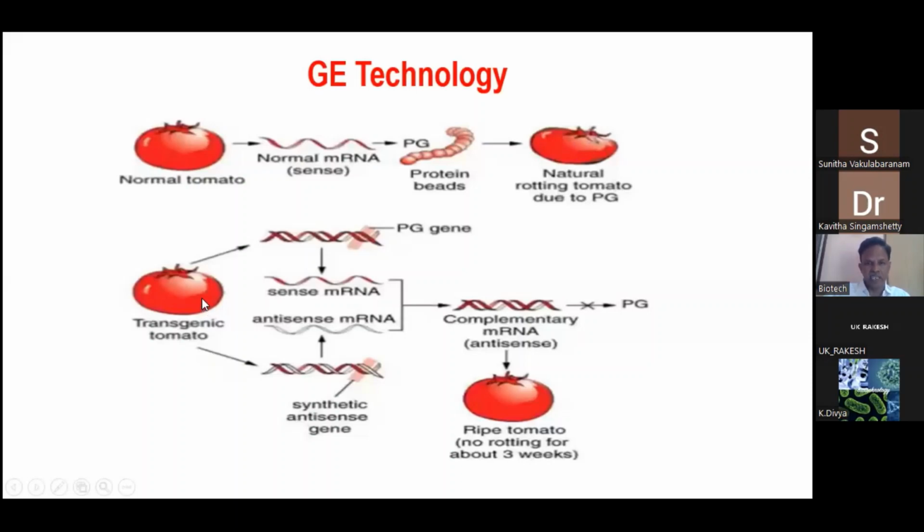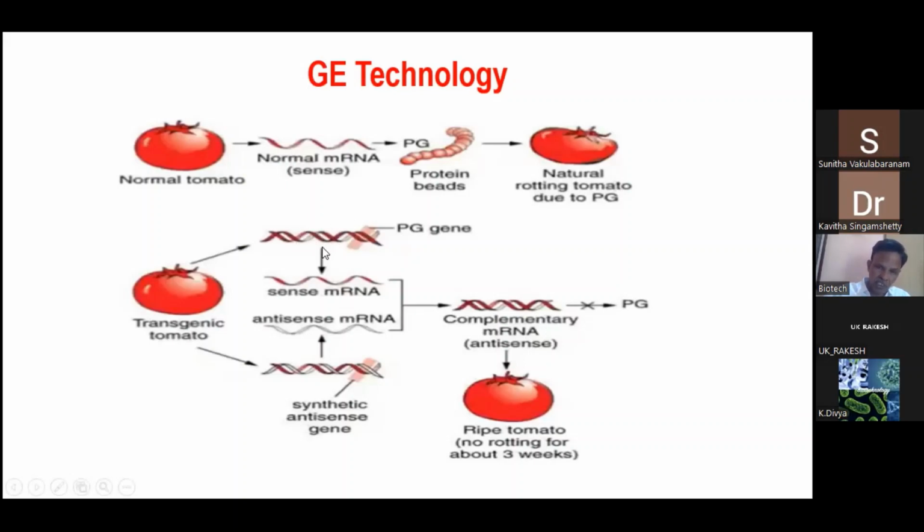What scientists did is, suppose this is a normal mRNA, sense RNA. Scientists have made antisense mRNA for the PG gene. This is sense RNA, and you also have antisense RNA. So they have made this antisense mRNA. Antisense mRNA is exactly complementary to the sense mRNA. So what happens now? This mRNA goes and joins with sense mRNA and will not allow